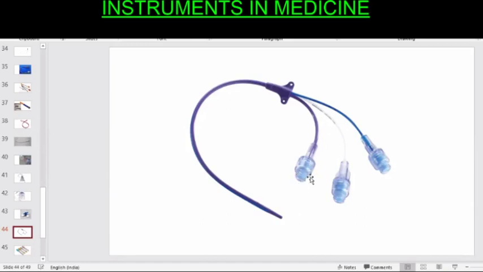continuously. This is generally used in ICUs when you want to know whether it is a hypovolemic shock or a hypervolemic shock. It will differentiate. If the CVP is low, you will have to give fluids. That is hypovolemic shock. If the blood pressure is low but the CVP is high, it becomes a cardiogenic shock or a septic shock also. So it has got diagnostic value as well as therapeutic indications.